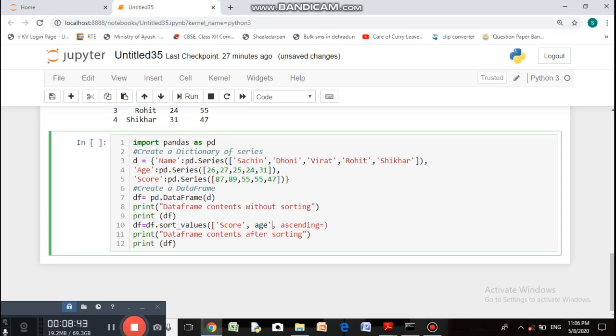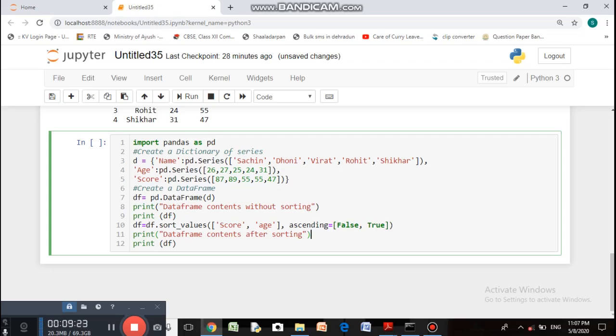Alright, score and age, these are the sort values, and then ascending equal to false and true.